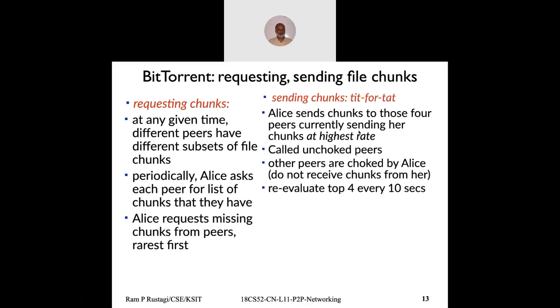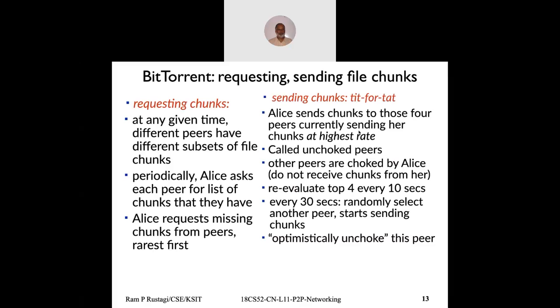4 peers. But if I look only at the current list, then I need to consider that new peers may have joined, and they may give me data at a higher rate. So every 30 seconds, I'll randomly pick another peer, unchoke it, start sending data, and ask for data from that guy. And if that peer belongs to the top 4, I'll replace one of the existing top 4 peers and bring this into my peer list. So basically this is called optimistically unchoking this peer, and then see if this peer is good, then it joins the top 4 group, otherwise I keep my top 4.